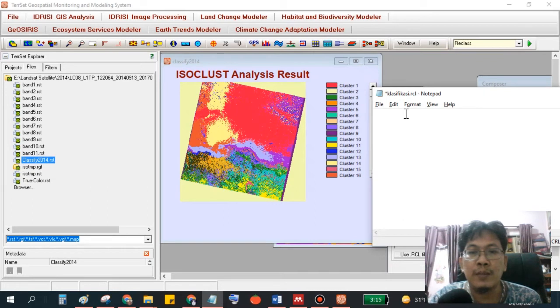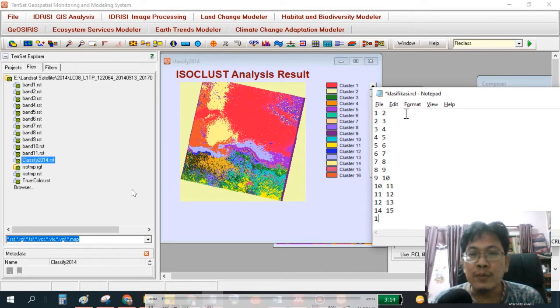For example, in this case I only classify water, build up, and vegetation. So first we have to give a new class, first we have to just add this.